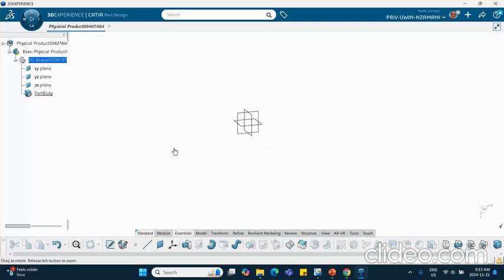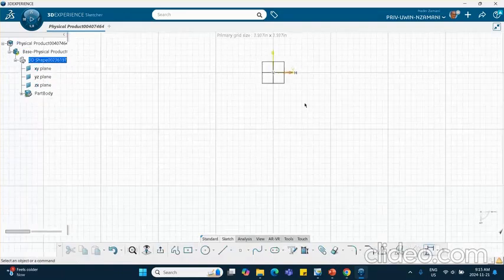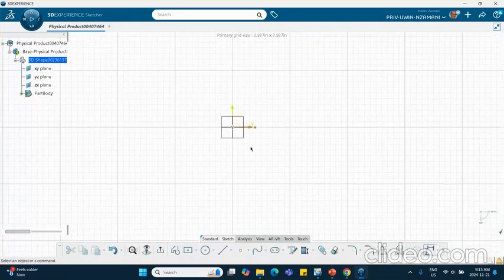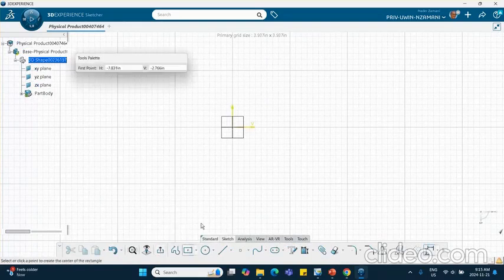So okay, on a convenient plane, on this plane, I will sketch a centered